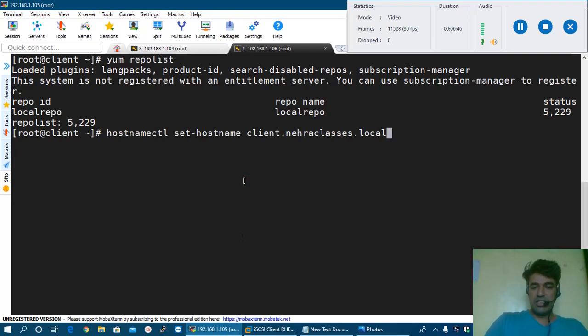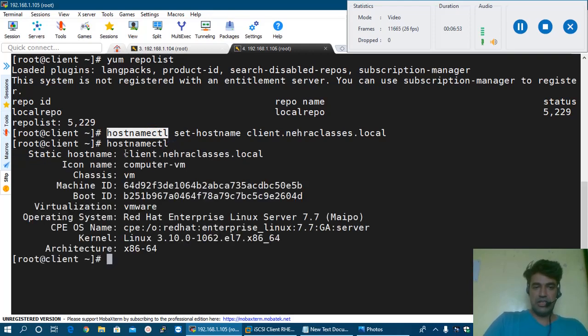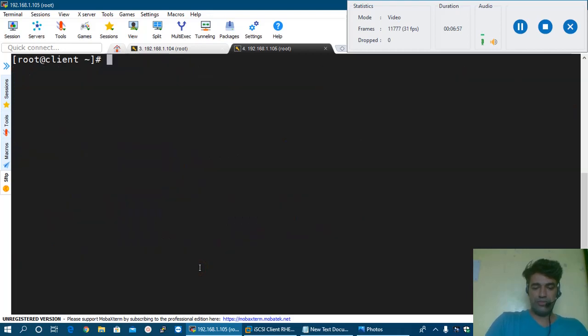hostnamectl set-hostname client.nehraclasses.local. We will verify the hostname, which is now changed to client.nehraclasses.local. Now